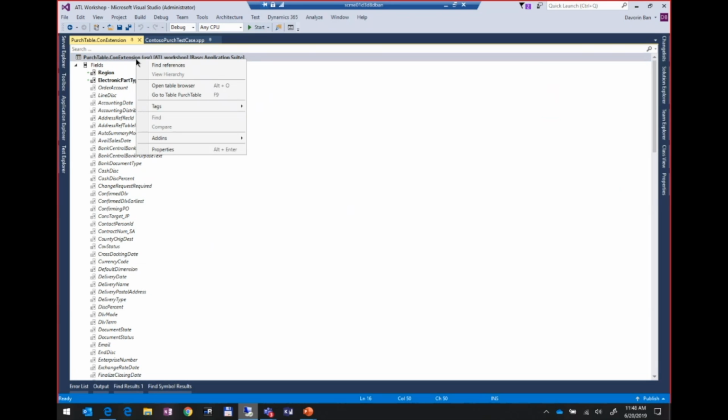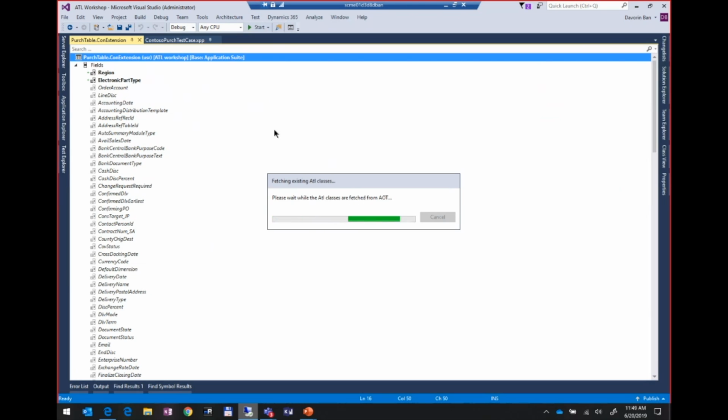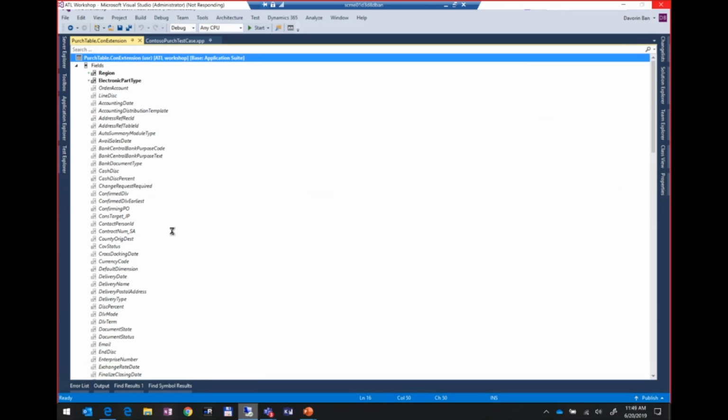The way you invoke the wizard is, let's say you created this extension. In the add-ins, you will see generate ATL query, specification, and entity. So this is where you would generate these three ATL objects for you. So let's go and generate ATL entity. It will go and open up this ATL wizard that you've seen a screenshot of, so that you can actually extend the base entity